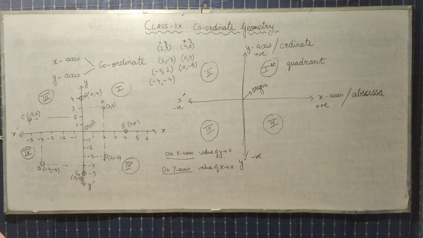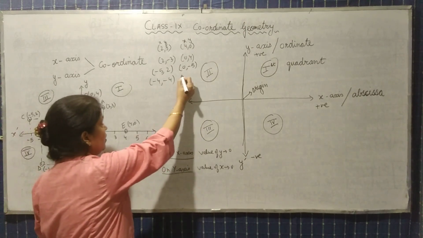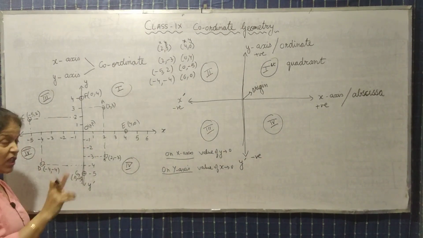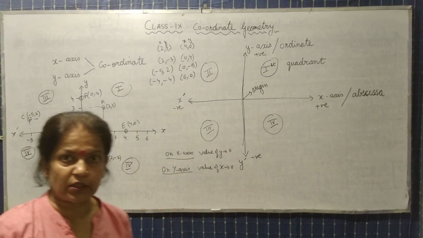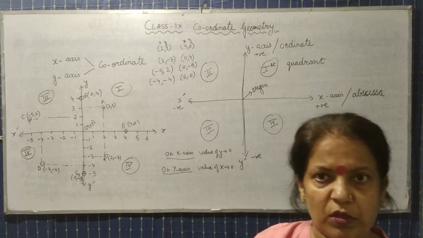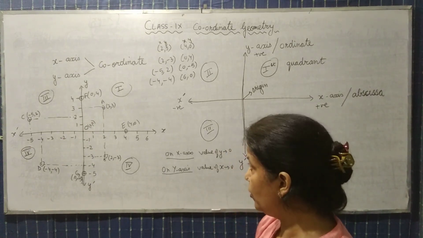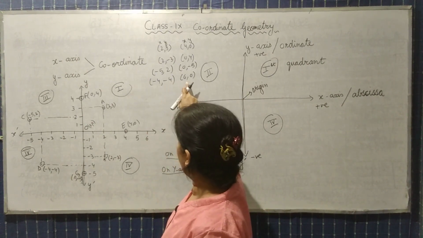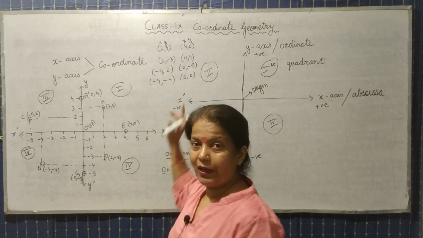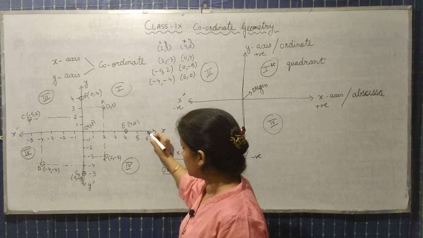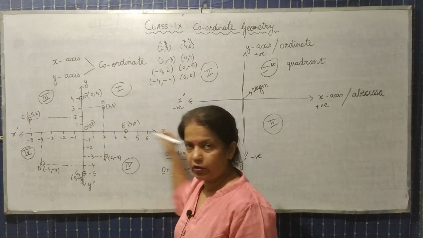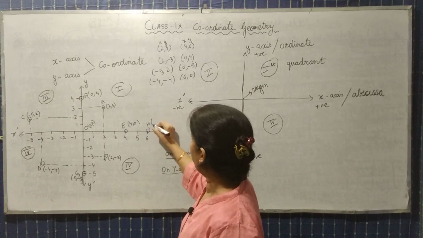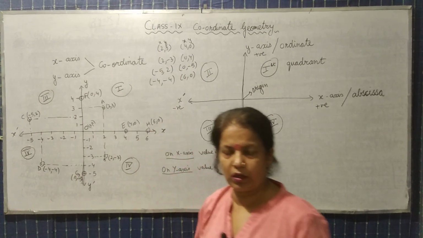Okay. अब अगर ये value ऐसे होता, how will you write it? 6, 0. 6 is the value of x. X axis की value 6 है and y is 0. So on x axis y value is 0. So coordinates are 6, 0. X की value 6 है and y on this axis will always be 0. तो ये आपका 6, 0 हो गया.